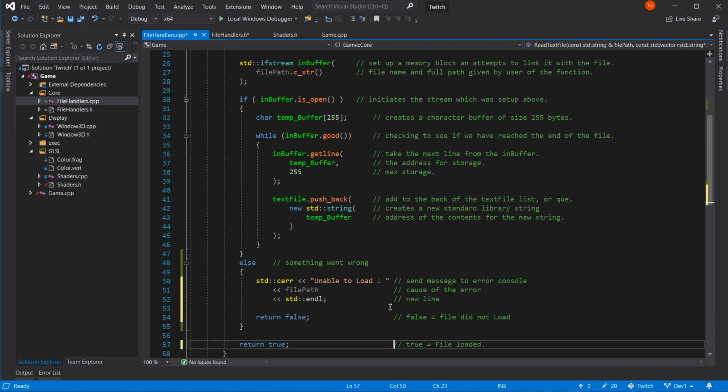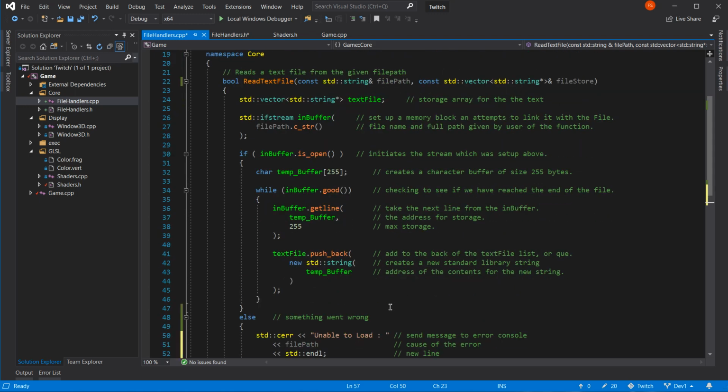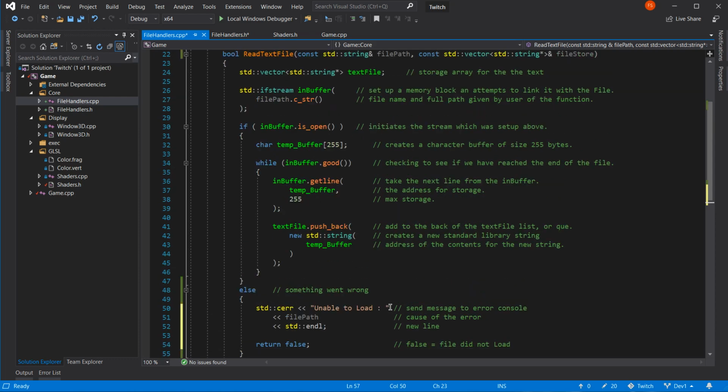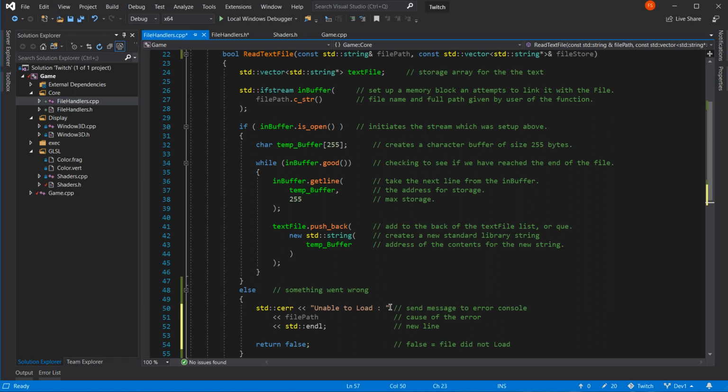Just pop those over the line. That's a lot shorter than I thought. That's literally just over a screen. Wow. Magic stuff. I think we've got a text file loader.